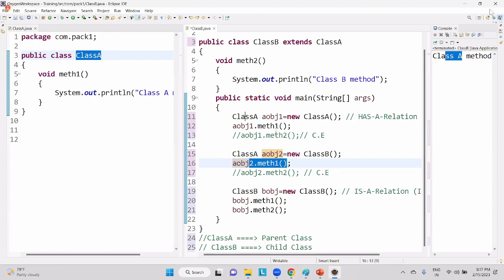Sir, what is the difference between the first point and this second point? Guys, in order to understand this difference, I want you to please wait for 3 more days. You will understand this difference when we are dealing with method overriding. But until then, as of now, what I want you to remember is, with the help of this reference, AOBJ2,